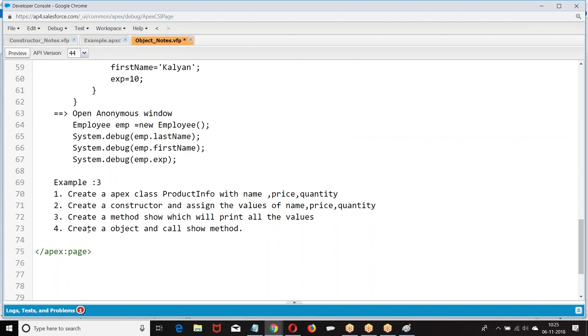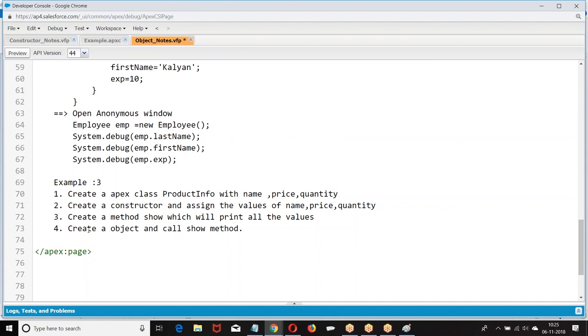Right, boss? Till now, what we have learned: how to create variables, how to create methods. Now, how to create a class. In the class, how to put the variables, the methods, and the constructor. Now, if you want to create an object, how to create the object. Are you clear about this? From day 1 till now, we first learned how to create variables.